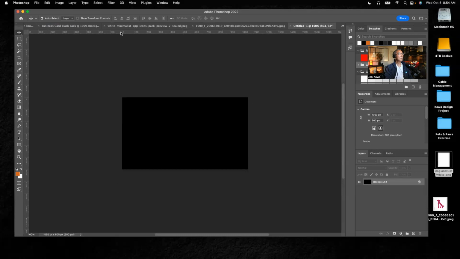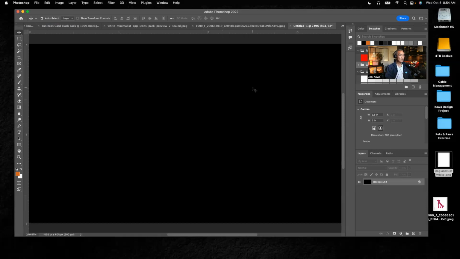Now my rulers are still in pixels, you can see. So if you want your rulers in inches, just come up to the ruler and either right click on a PC or control click on a Mac and change the ruler increments to inches. And you can see now this is 0 and 3.5. This is 0 here and 2 inches. And if you want to make it bigger, just do